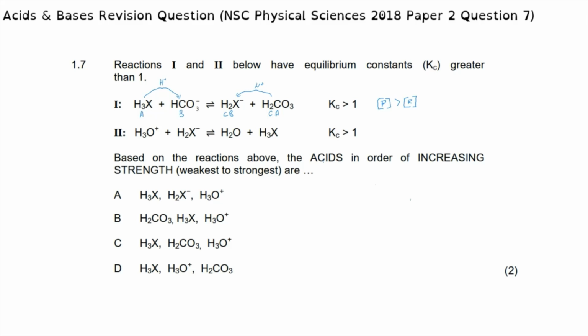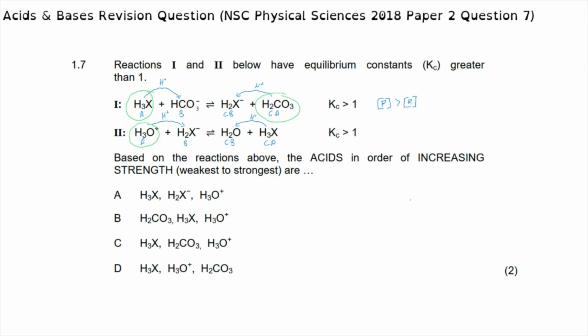In reaction number 2, we see that the hydronium ion is the one that donates the proton to H2X, and that makes our hydronium ion the acid, the H2X the base, and H3X is then our conjugate acid in the reversible reaction, where it can now donate a proton to H2O, which makes H2O our conjugate base. So what we can see here is that there are now three acids that we are looking at, those being H3X, H3O+, and H2CO3,